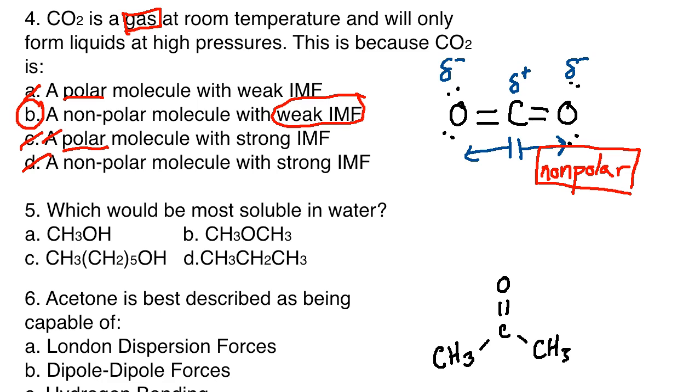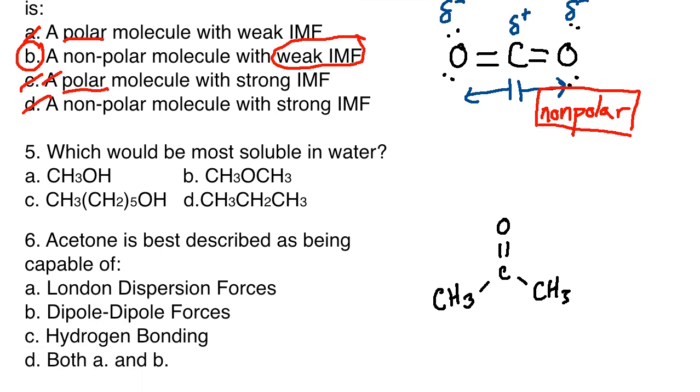All right, number 5, which would be most soluble in water? So one of these should be obvious. First of all, let's state water would have hydrogen bonding. We know the structure of water here simply looks like this. You have your lone pairs. We'd have hydrogen bonding available. So D should be the first one that you automatically cross out because